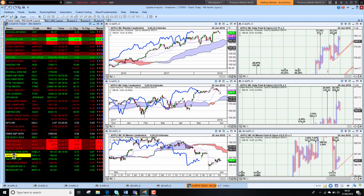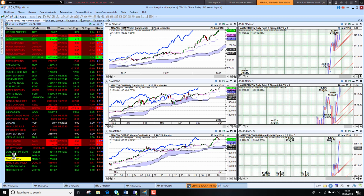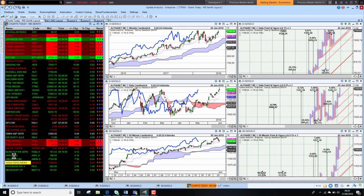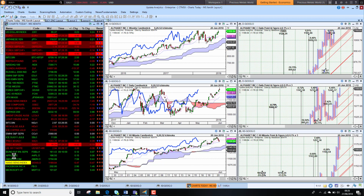Apple was up 0.4% last night. Amazon were higher as well, up nearly 1%, and Amazon's still really looking amazing on that long-term chart. Google, we're actually overnight we're up, and only a small amount, but probably one of the biggest stories was